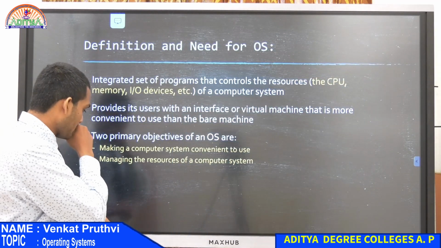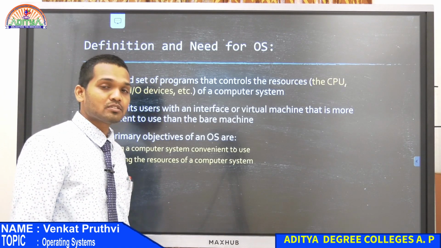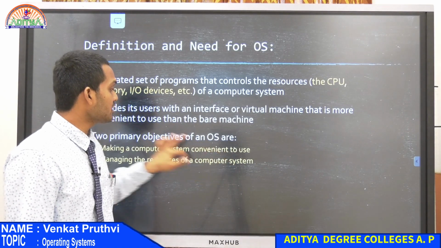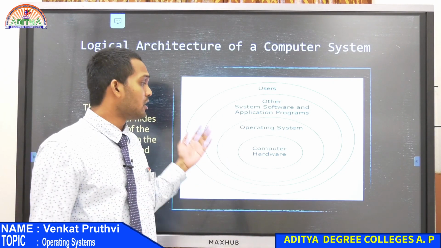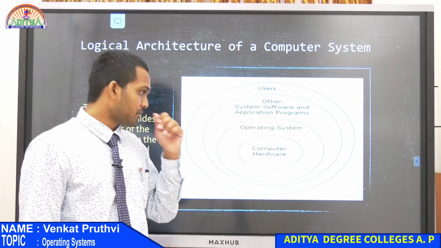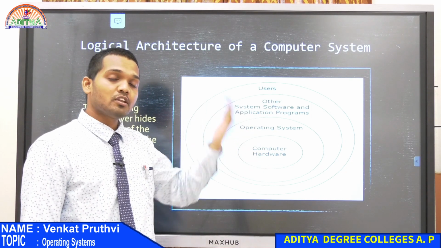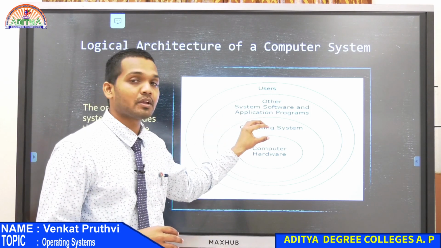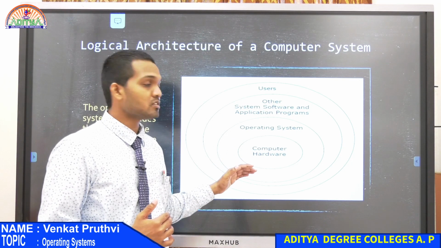That is the reason we have this point over here, managing the resources of a computer system. It is very important because the operating system is the one which is managing the resources of the computer system. What are the resources of your computer system? Your CPU, your input output devices, etc. What are all those? They are all the hardware, the computer components that are inside your computer. Now all these are managed by your operating system, and how efficiently you manage, it all depends upon the operating system you use. So the programs and the instructions you put inside the operating system, the algorithms that you choose, it all depends upon that when it comes to the efficiency of a computer hardware.